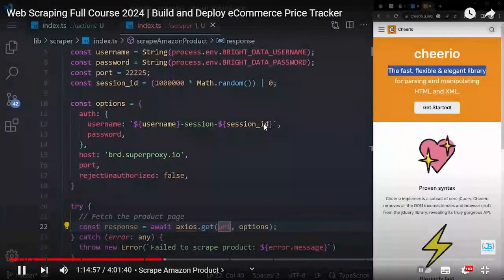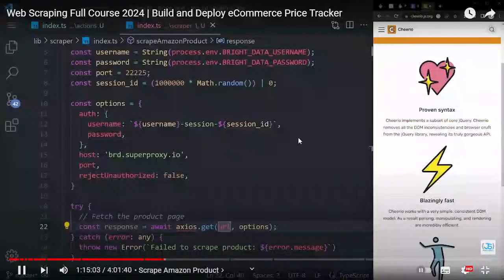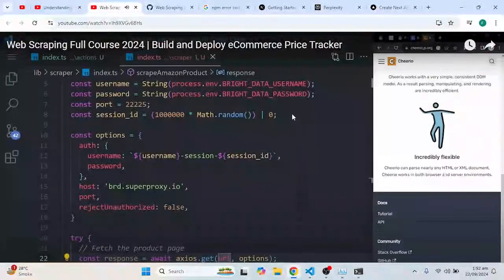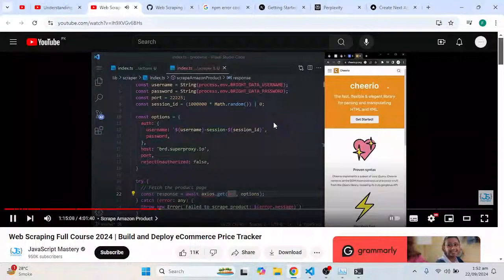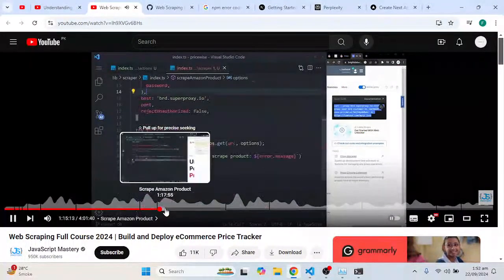fast, flexible, and elegant library for parsing and manipulating HTML and XML. A set of calls which you can use to really quickly parse through HTML. And what is data scraping if not parsing the HTML content you see? So we're going to use that. So let's